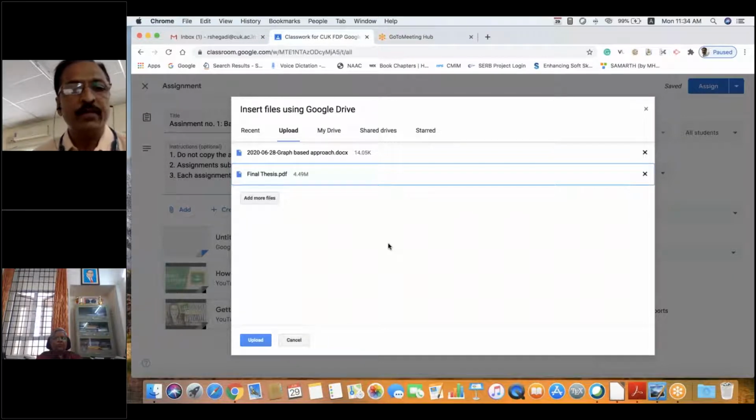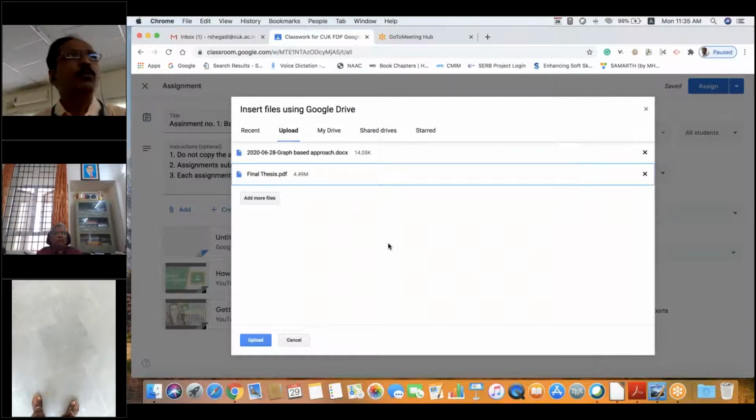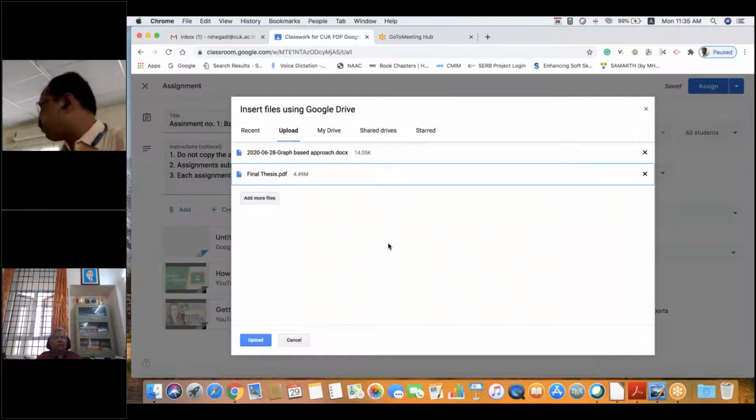Sir, there is no limit for maximum size. If it is more than 25 MB, it will automatically put that into your cloud, that is, Google Drive. There is no limitation of file size. Again, Google Drive is the limit. You have 15 GB as the Google Drive limit. So you can load up to 15 GB. That much Google Drive space you can utilize. Any file you can upload. There is no limitation.